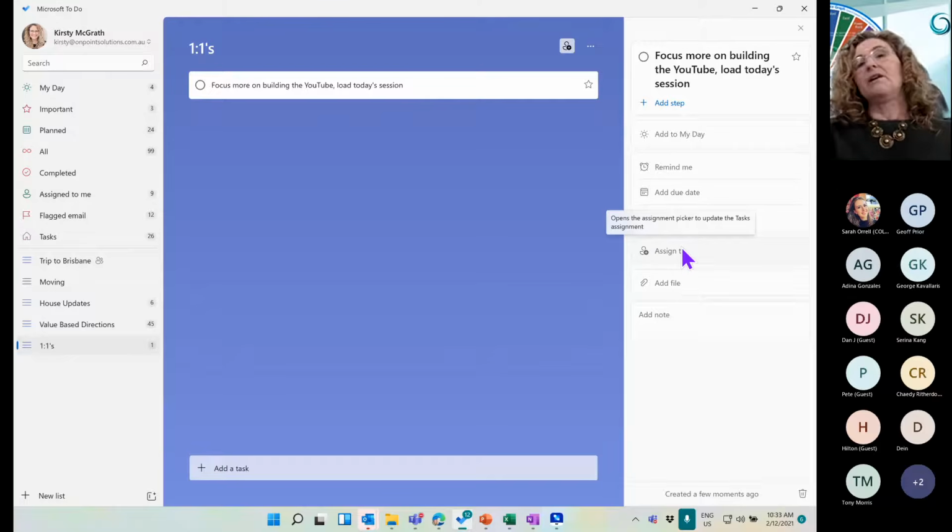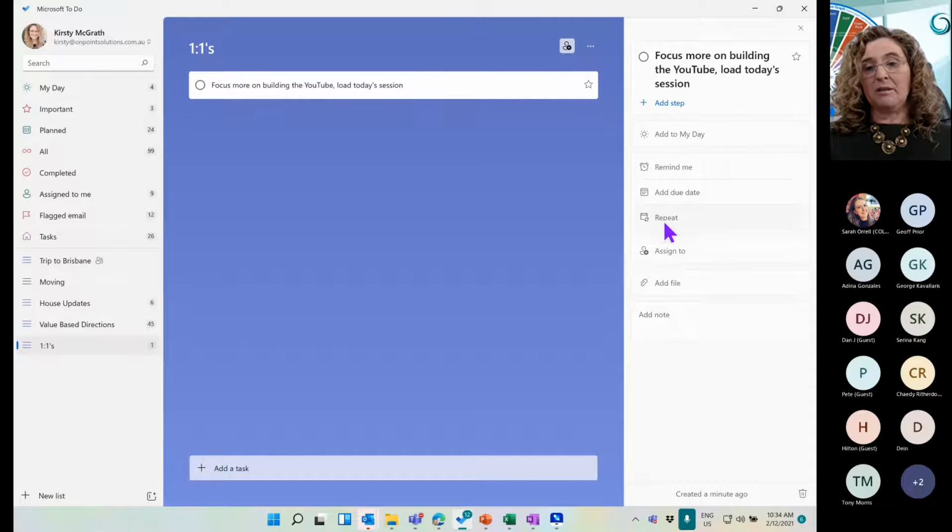So you could have a list even. You could do it for your team through To Do. But is it the best place to potentially do team management? Well, it's not going to give you the Kanban view and board, for example. It's not going to put it on a calendar visual schedule for you. So there are things that it's going to limit. If you want to take it to the next level, that's when you'll start to go up to Planner.